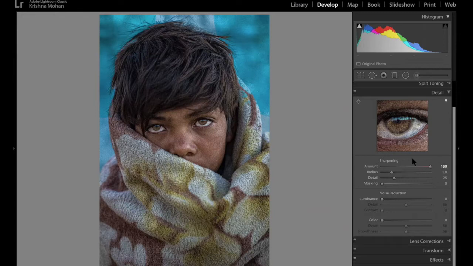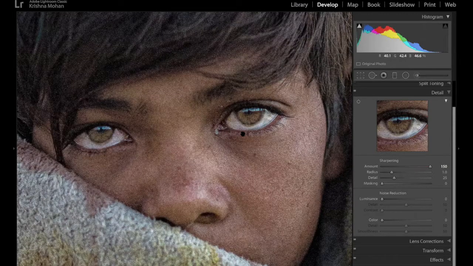Now remember, when you are seeing a color picture, you again have difficulty finding where exactly the sharpening stops. So when you press Alt, Lightroom automatically changes the view to black and white as you change the sharpening. So you can judge exactly where that halo happens. In this case, probably around 17 to 20. That is the point where I'm going to leave the sharpening.